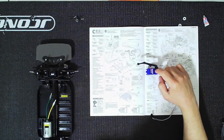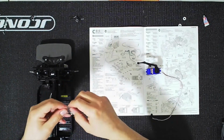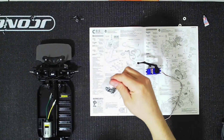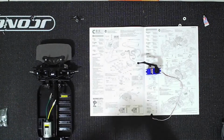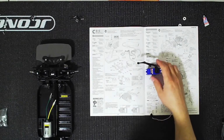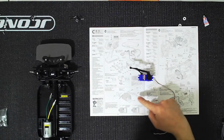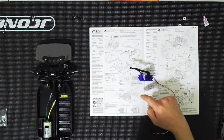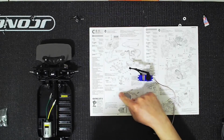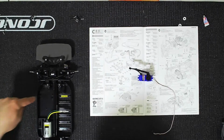Now this screw here, if you have spare screws, you can use them, or you can use this bag here that has the wheel nuts. Take one of the screws out of there. They're in there, so it's up to you. And that is that for the servo. So now the only thing that we have to worry about is mounting it up. So the servo is going to go in here,